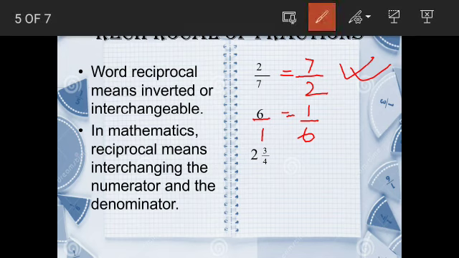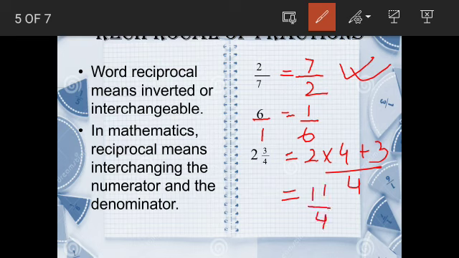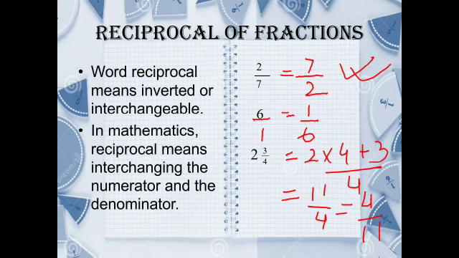For doing the reciprocal of a mixed fraction, the first thing we need to keep in mind is we have to find out the improper fraction first, and then we will be moving to the reciprocal of that number. So let's find out the improper fraction. 2 into 4 plus 3 by 4. So our improper fraction from here will be 2 into 4 is 8, 8 plus 3 is 11. 11 by 4 is the improper fraction, and the reciprocal of it will be 4 by 11.